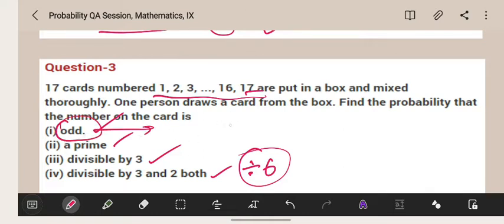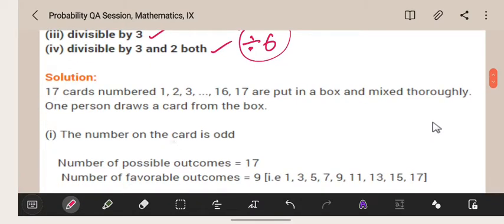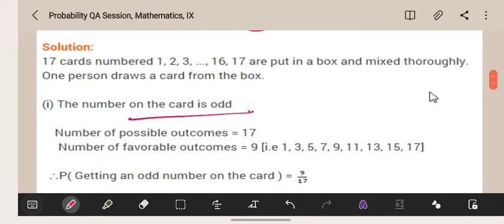Okay, take out all the odd numbers, because the first question is they're asking the probability of getting a card, and the number should be odd numbers, isn't it? And the second one is a prime, the third question is divisible by 3, and the fourth is divisible by 3 and 2 both. Looking at the answer here, the number on the card is odd is, let's see, total number